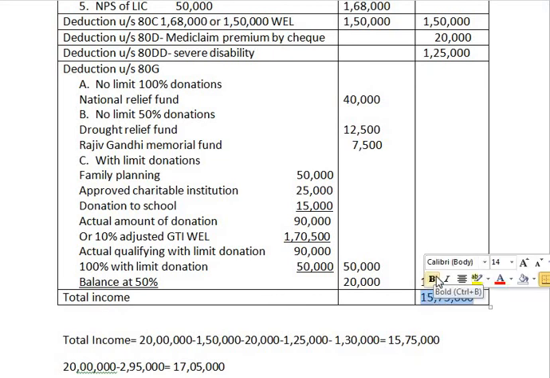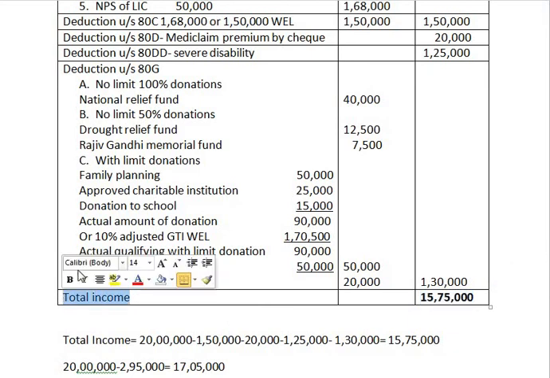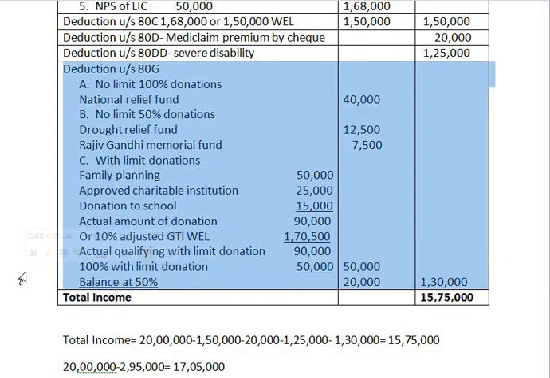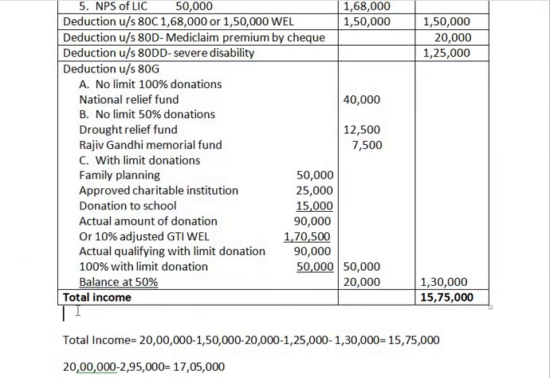Such kind of questions are expected in the examination. You will be asked to compute deductions under section 80C, D, double D, G, and you will be given gross total income, and you can be asked to find out the total income of the assessee for the assessment year 2021. Note down this sum as an important question because it appeared in the RCU examination under section C for 15 marks.